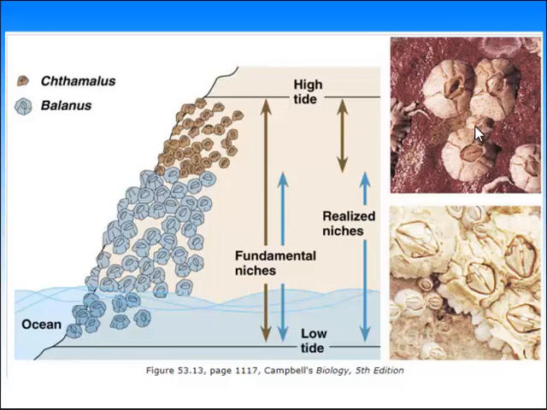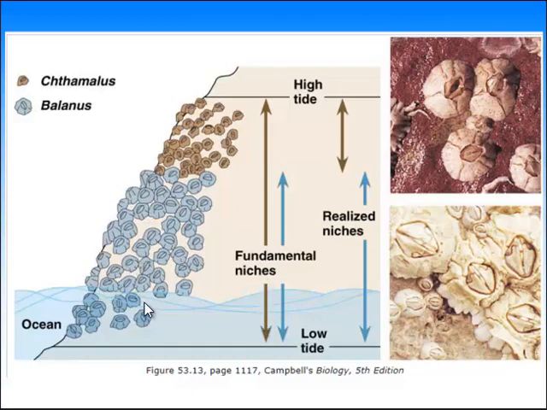They're animals. All right. So the thalamus barnacles can live in both deep and shallow intertidal zones. That's these brown guys. So their fundamental niche is all this brown arrow here. This is where they could live based on their tolerance, their range of tolerance. This is the fundamental niche.